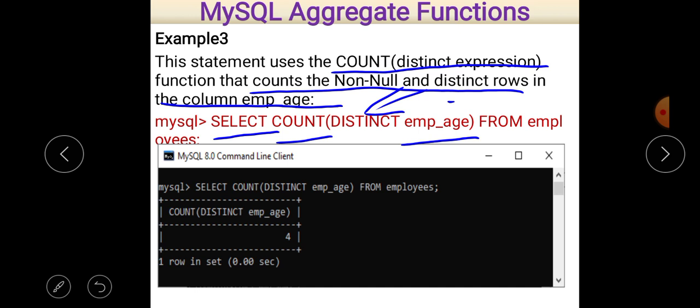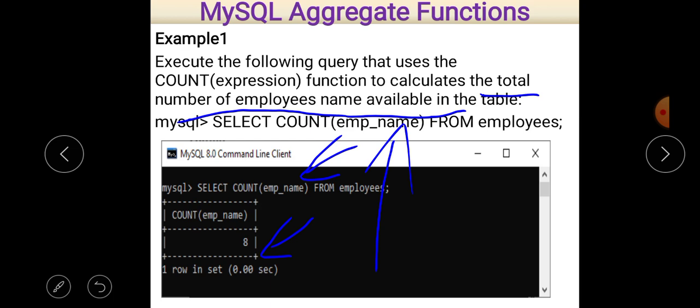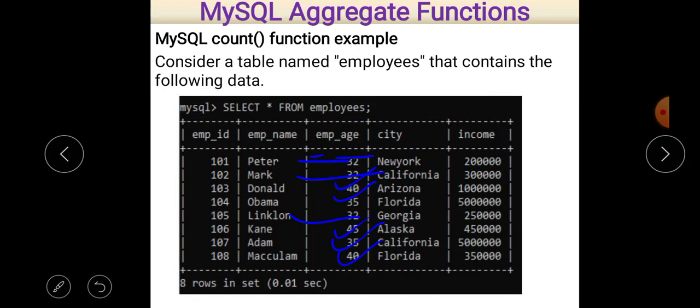Okay, from employees is the name of the table. Okay, so you can easily see here that I just write a select, count, distinct, employee age from employees. So answer is 4. Because in the original table you can easily see here